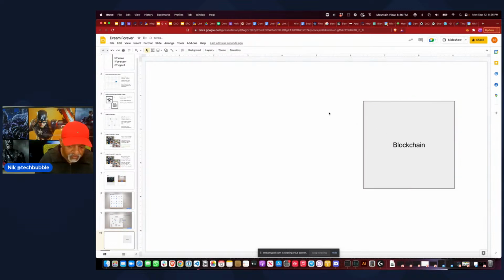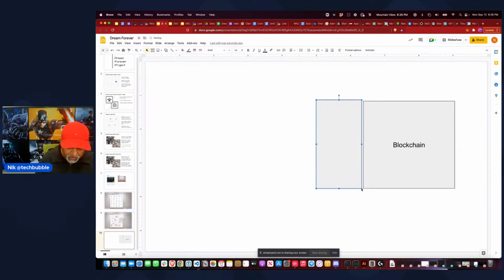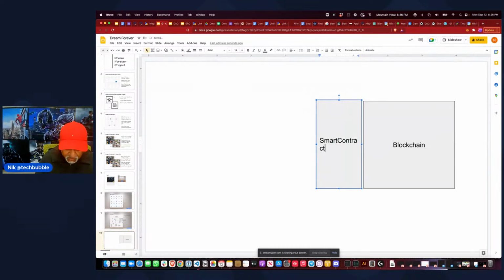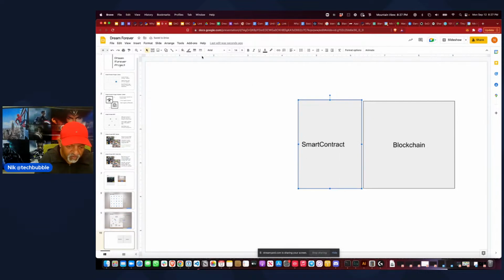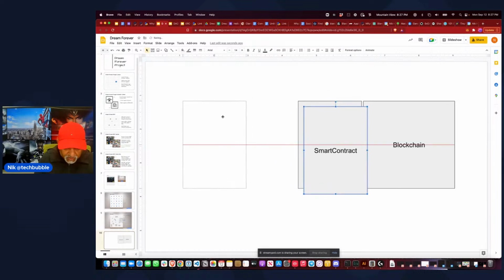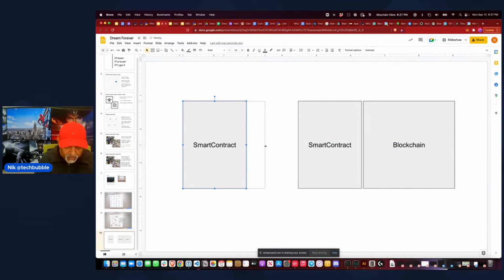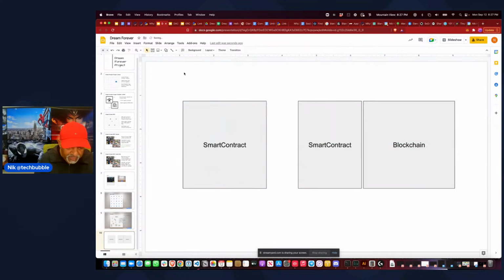All right, so now atop the blockchain resides our smart contract. I said top, but I'm going right to left here. So you have a smart contract, right? The smart contract could be anything. It could be a smart contract for NFTs. It could be a smart contract for an ERC20 token, and so on and so forth. Now, what you mostly encounter as you are working with decentralized apps, dApps, is you're going to have a